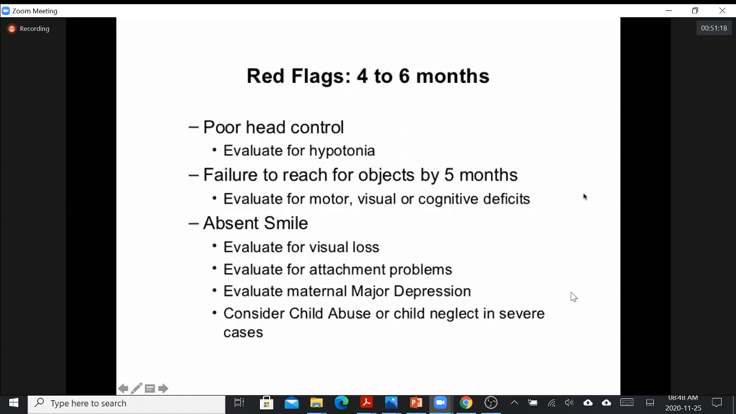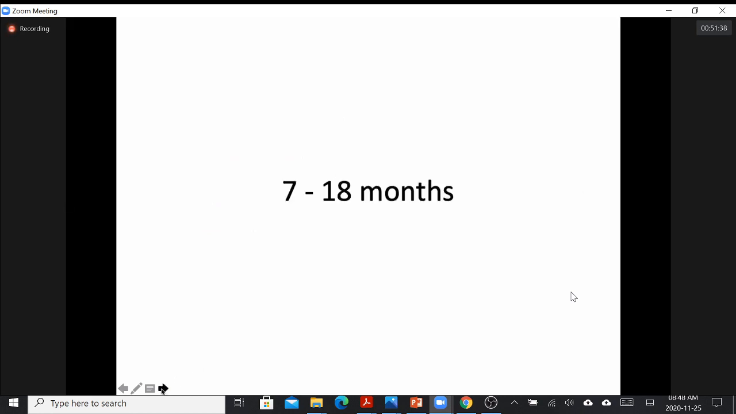It may mean there is a visual loss, it may mean there are attachment problems, it may mean maternal depression, because if the mother is never smiling with this child and nobody is ever smiling, obviously the child also will not know to smile back, right? And if no one is paying attention, if the child is being abused, again the child is not going to smile, right? So before we go to the next age group,